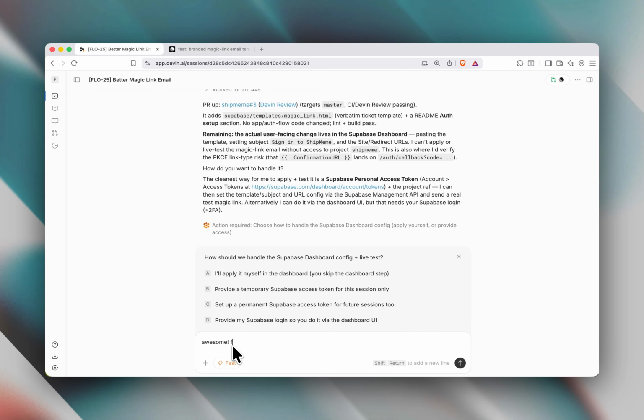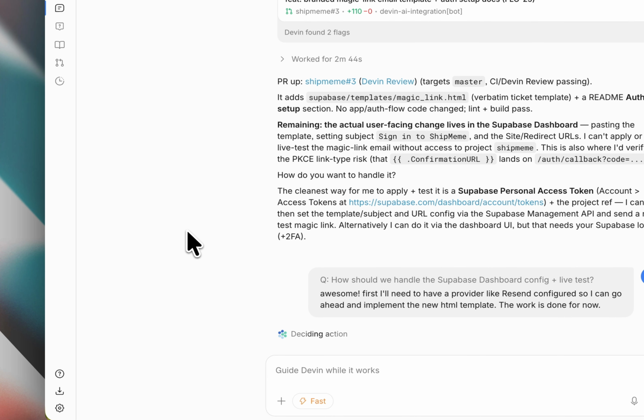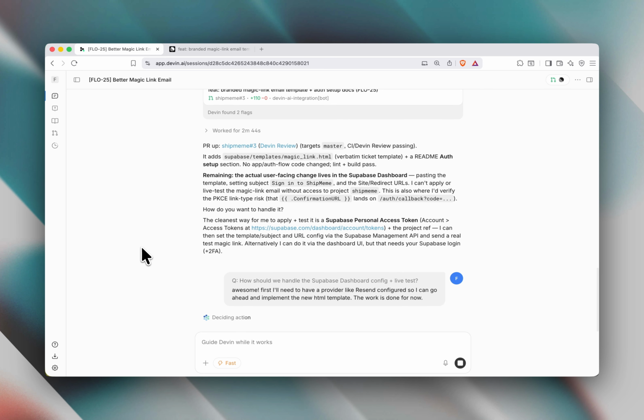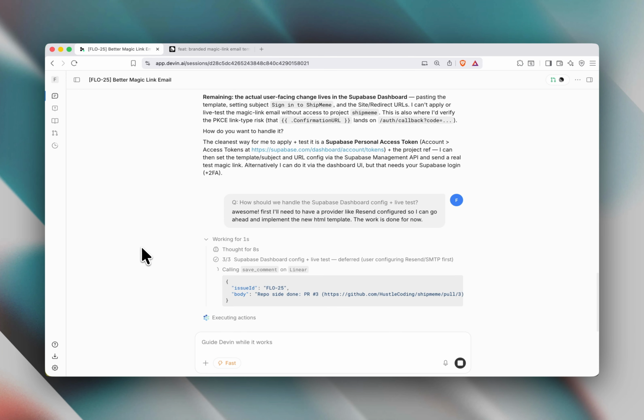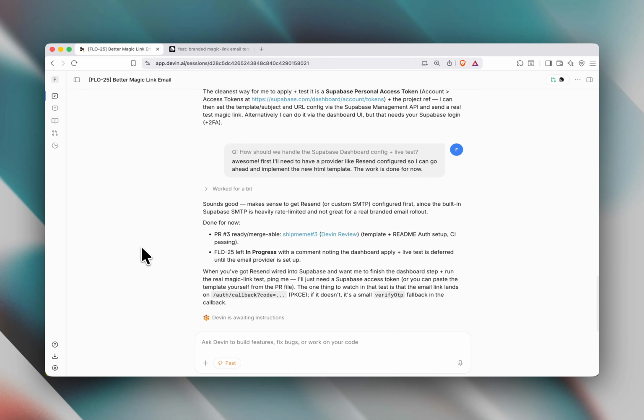awesome. First, I will need to have a provider like Resend configured, so I can go ahead and implement the new HTML template. The work is done for now. So yeah, I just mentioned that the work on this PR is done, and the next step is that I should go to Resend, and when I will have a domain like shipmeme.app, I will connect and verify the domain